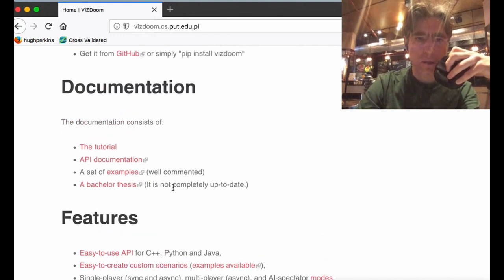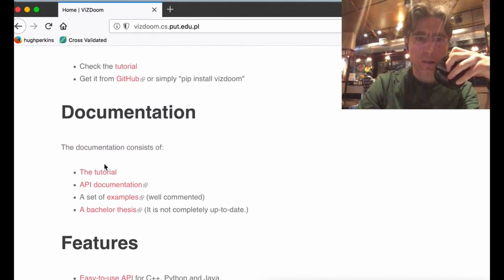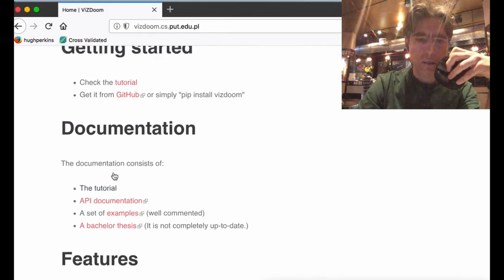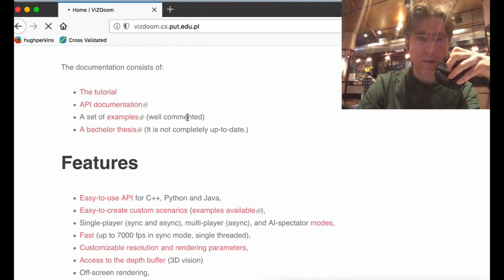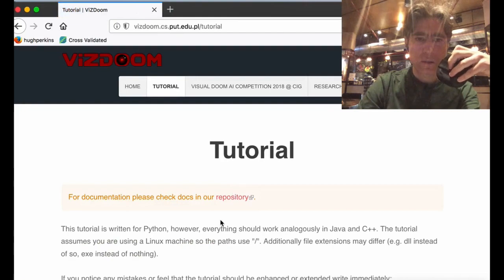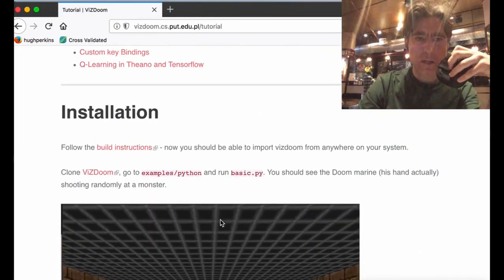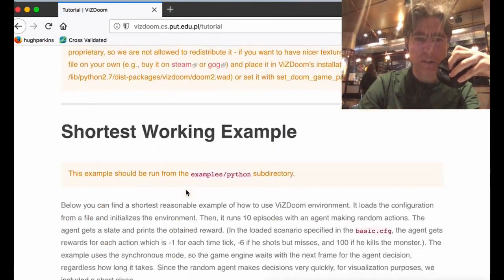The Python example tutorial. Yeah, installation, so that probably has the git install stuff.